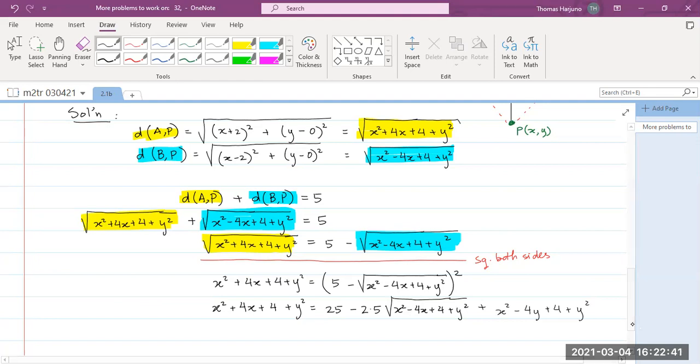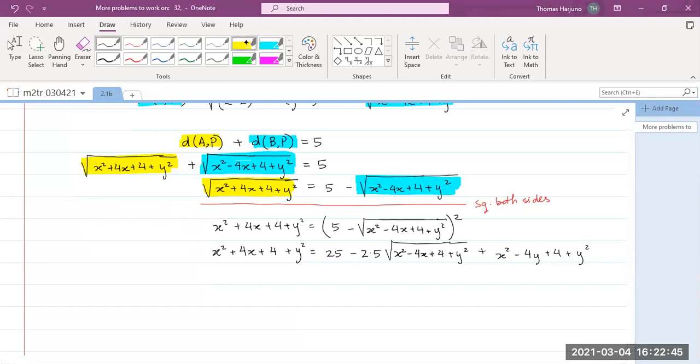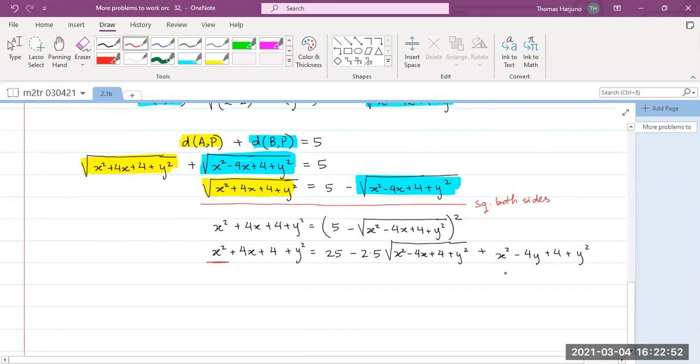Okay. Now you see that the x squared cancels. Let me mark it this way. So the x squared cancels, right? The 4 also cancels. The y squared also cancels,